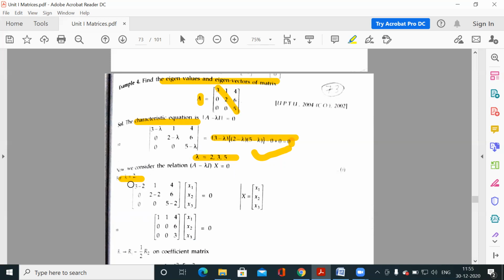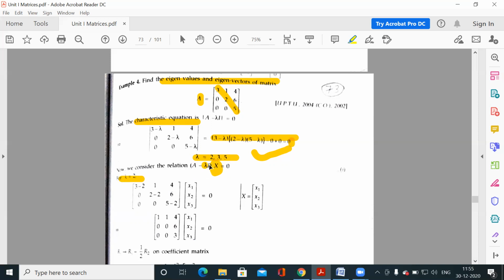So I repeat, what is an eigenvector? The non-trivial solution of this homogeneous system (A minus lambda I) x equal to 0, corresponding to lambda, is your eigenvector. So we have to find the vector x, and it must be a non-trivial solution. The non-trivial solution x of this homogeneous system is our eigenvector corresponding to this lambda, and we have to find it for each eigenvalue.